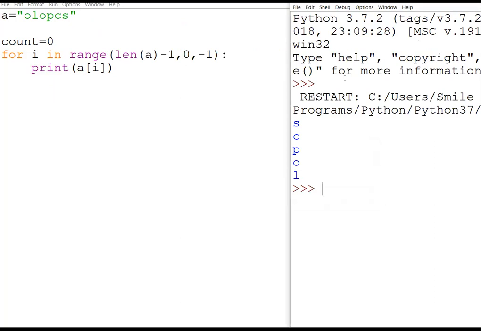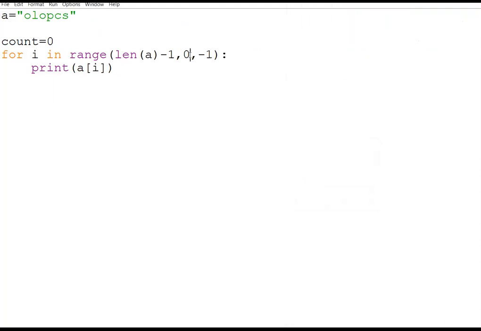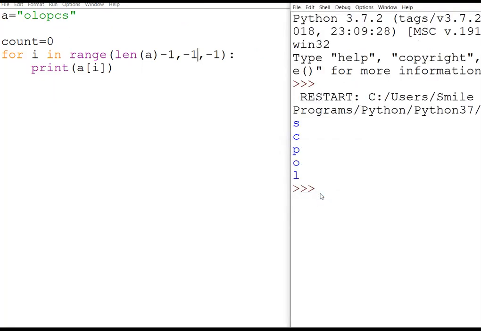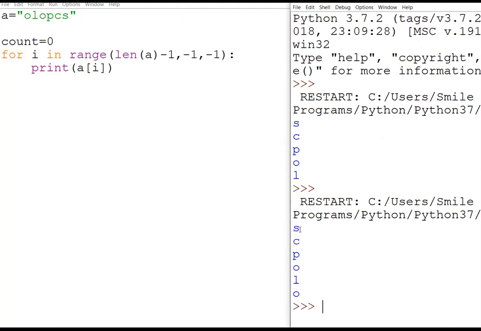Ma'am, O is missing. Why is O missing? Because I have used 0 here, and the last value is excluded. Now you can see OLO PCS working perfectly. Is it clear how to do backward traversing also?